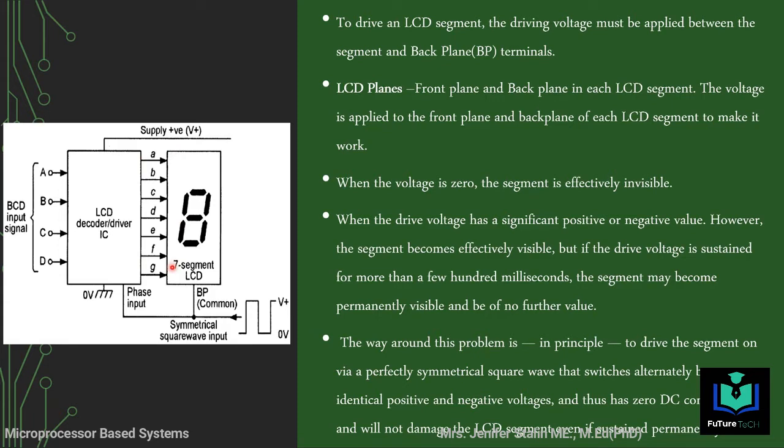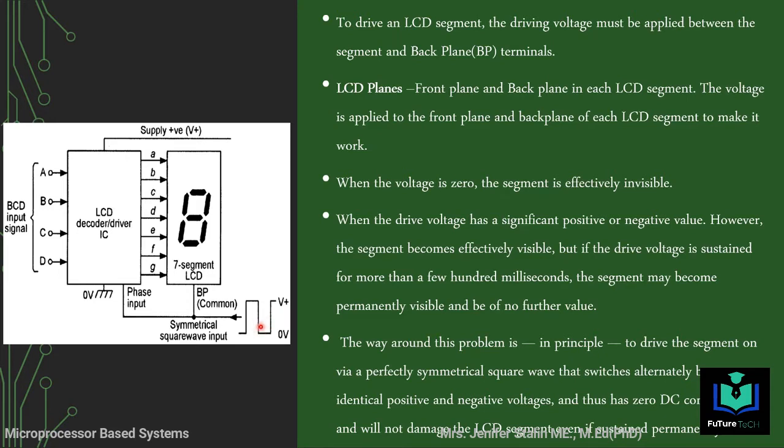When the drive voltage has a significant positive or negative value, the segment becomes more effectively visible. It doesn't depend only on the positive values. Every time, the segments will transfer from a positive to a negative value or from negative to positive value, to keep on fluctuating between the voltages. This is because